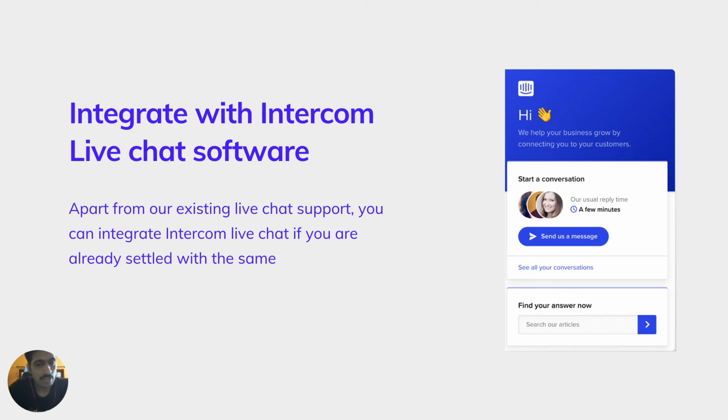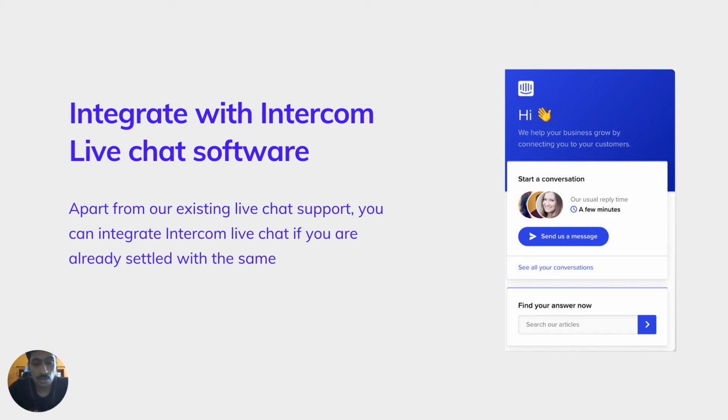For the time being, we are launching an integration with Intercom, one of the widely famous live chat tools available in the market. With this launch, if you're already using your own live chat software like Intercom, you can integrate that, and by writing a simple set of code you can call the user onboarding widget along with the Intercom chat facility during the user onboarding process.